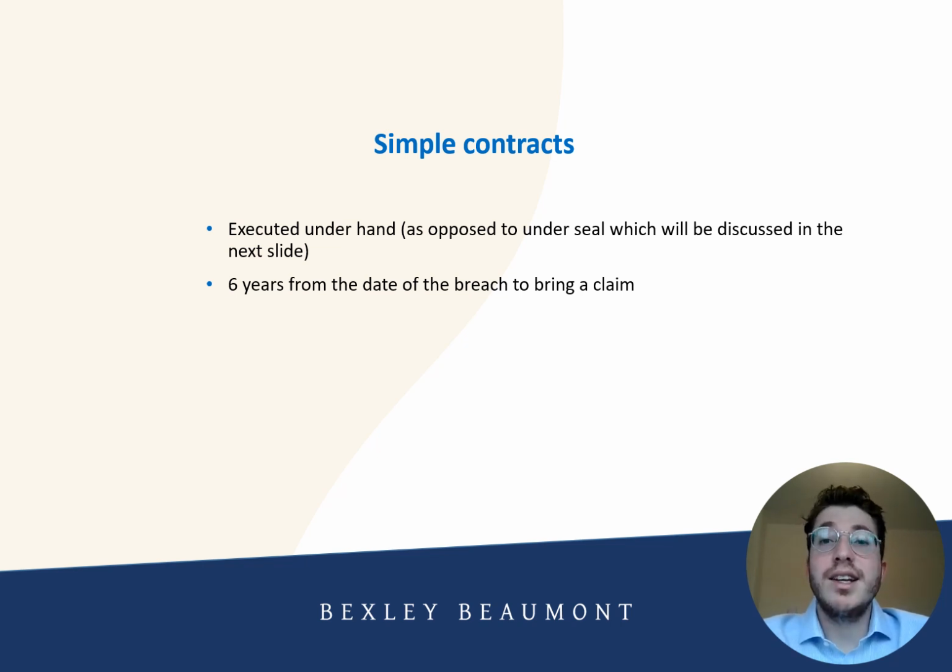So if we take an example where there's a contractor and employer that have entered into a contract, and it's a simple contract which has not been executed as a deed. If a contractor fails to complete work as agreed under a simple contract, the client, the employer, would have 6 years from the date of the breach to bring a claim. We're now going to talk about